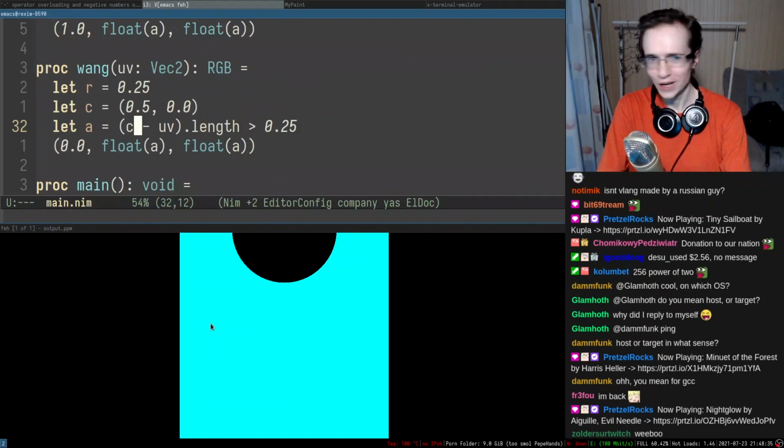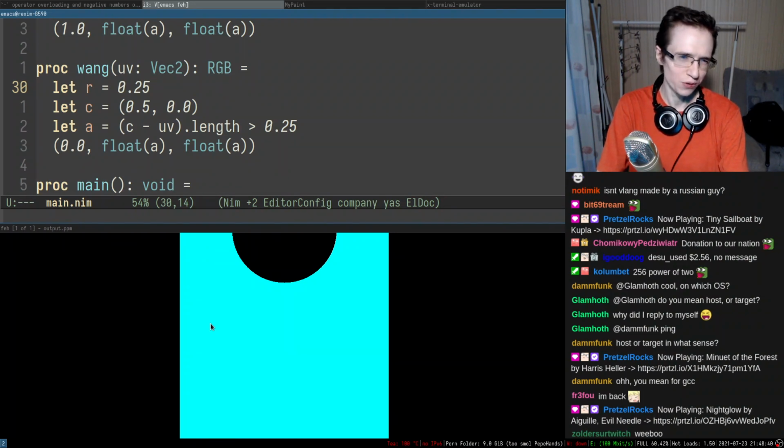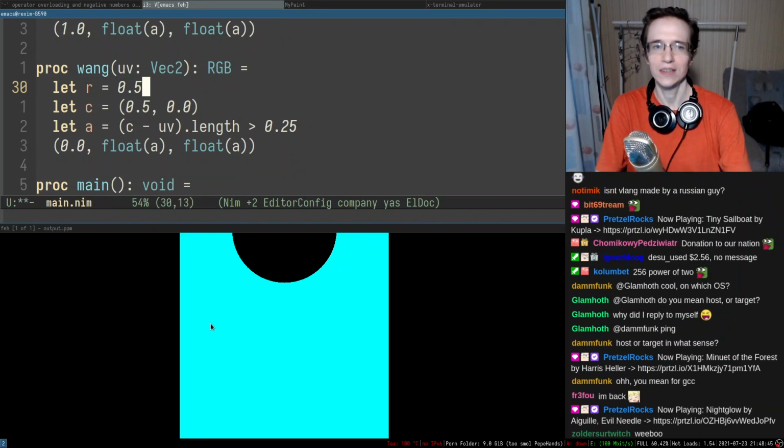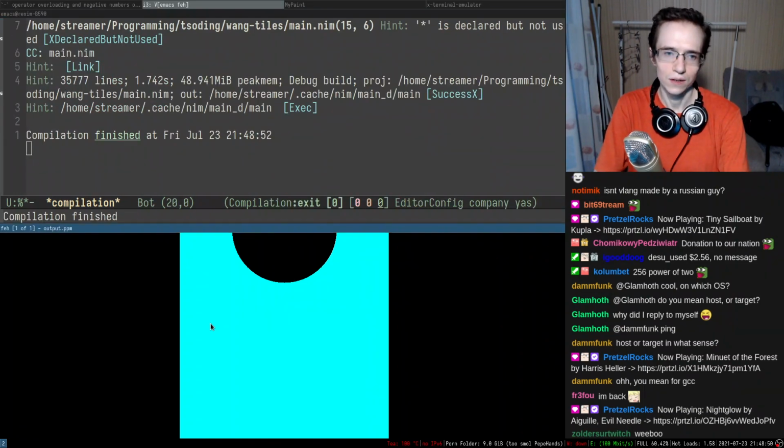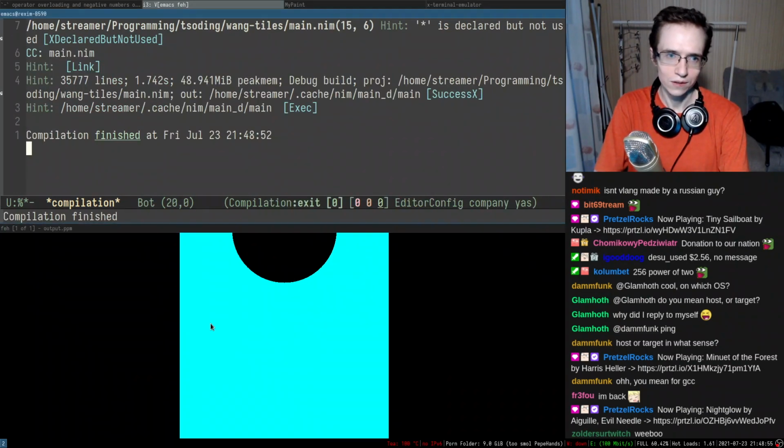First of all, I would like to have probably a bigger radius. So the radius probably has to be maybe half, so it takes the entire thing. So it takes the entire thing. Right, so did it do the trick?